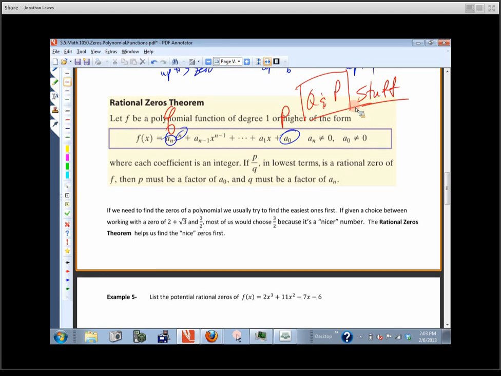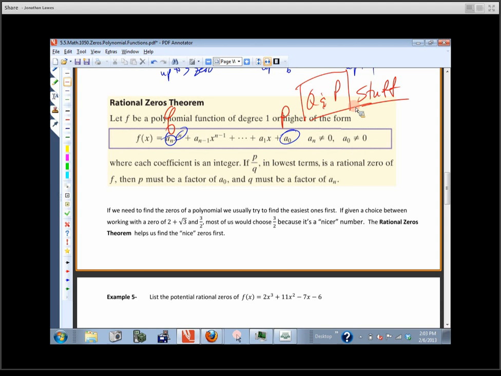Now, at the beginning of class, we said, if you had to rank them, which ones would you rather work with? Integers, rationals, or irrational numbers? What would be best? Integers. Integers are really nice numbers. Next best? Rational. And worst? Irrational. So we're going to leave those to the end. Integers and rational numbers, fractions. Integers are fractions. We can write them as fractions. So those first two that you said were better, those are rational numbers.